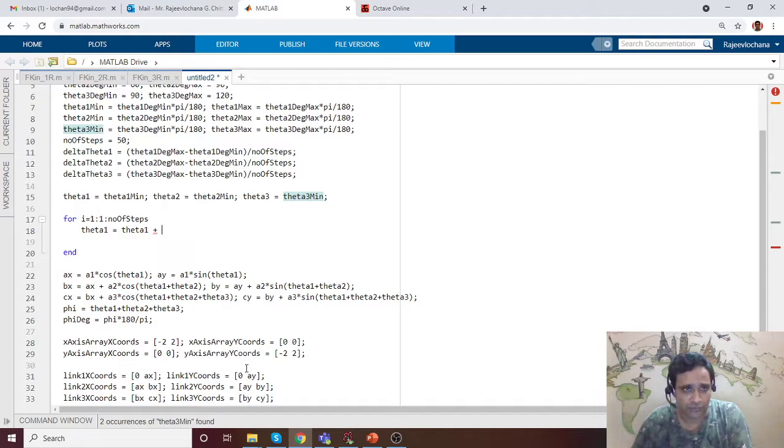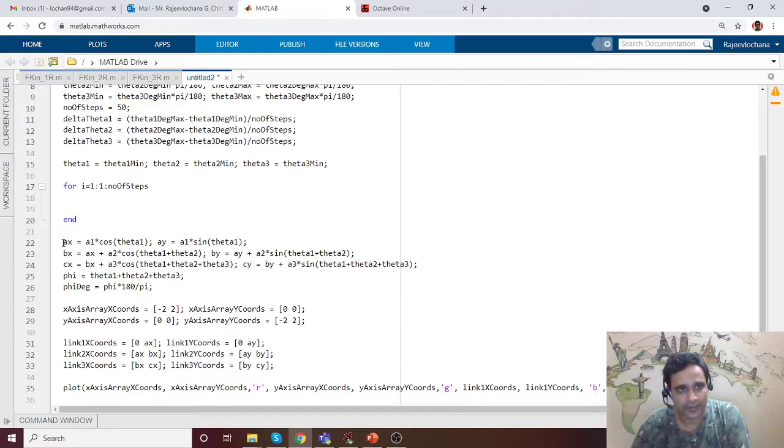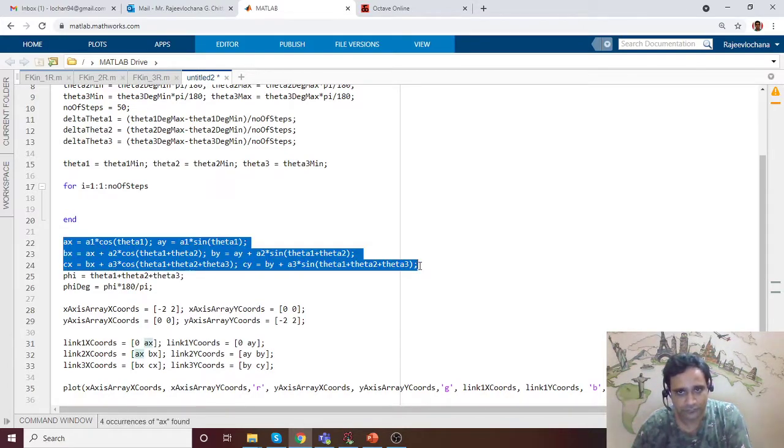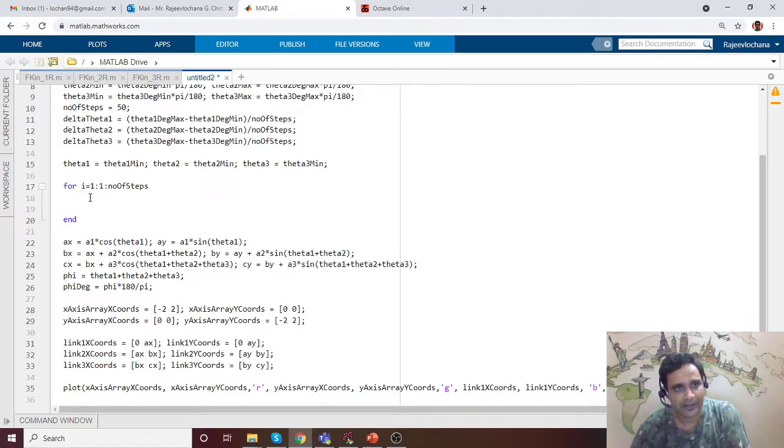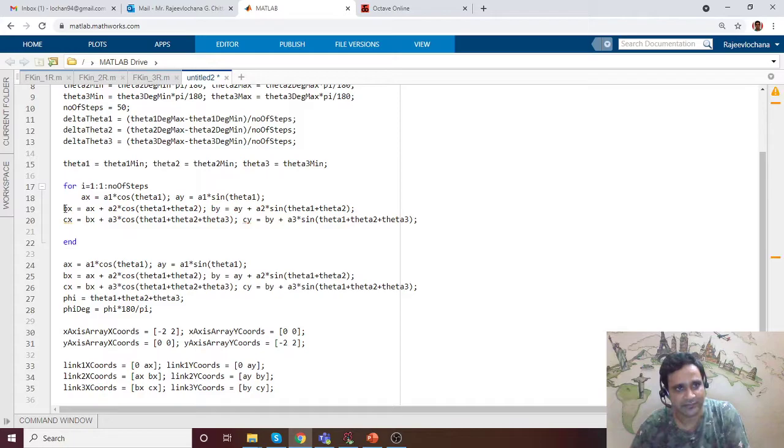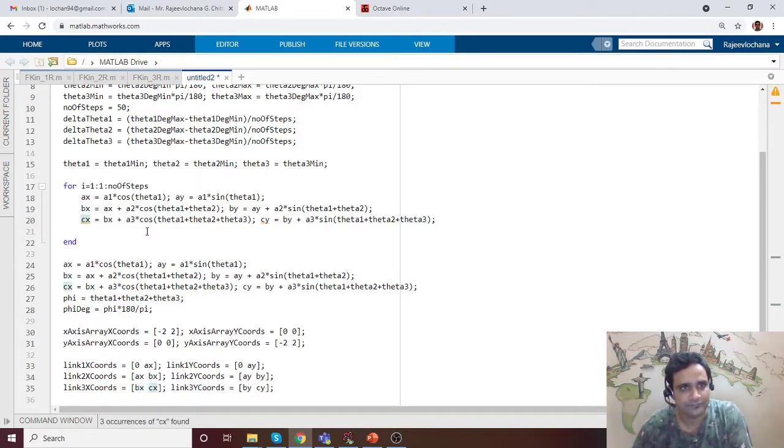Okay, so when we come here, I already have some value of theta 1, so I'm going to use those values. We already have ax, bx, cx. I'll just copy this part and paste it inside this ax like this.